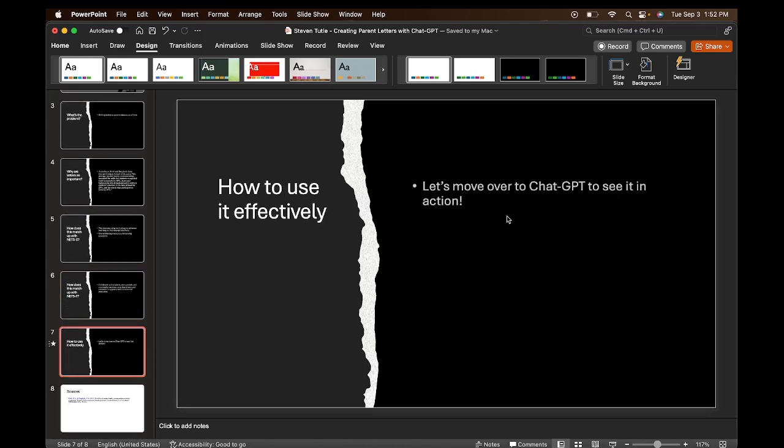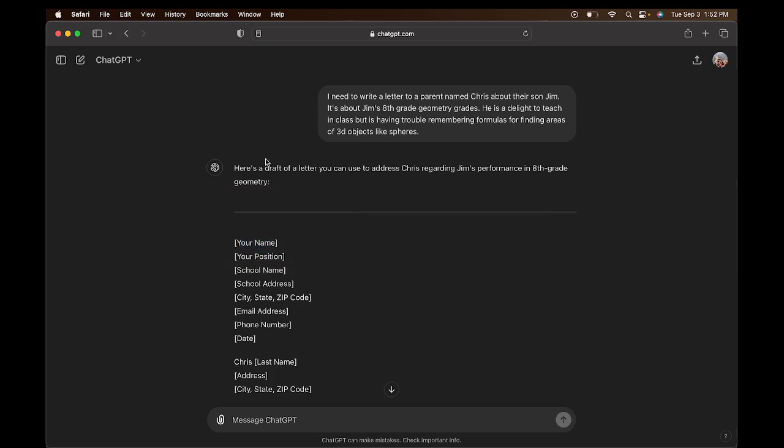But how do we use it effectively? Well, let's go check out ChatGPT and learn for ourselves. So, first off, when you go to chatgpt.com, it's going to want you to log in, which is a very simple process. If you've ever created an account with a website, you'll know how to do it with this one. And then you're going to go up here, create new chat, and it's going to give you an empty window